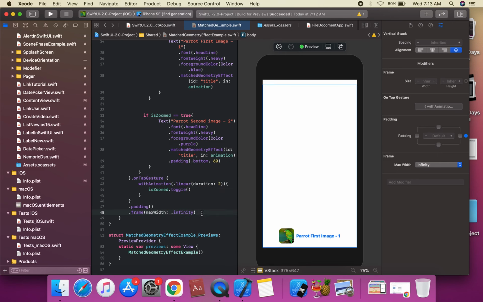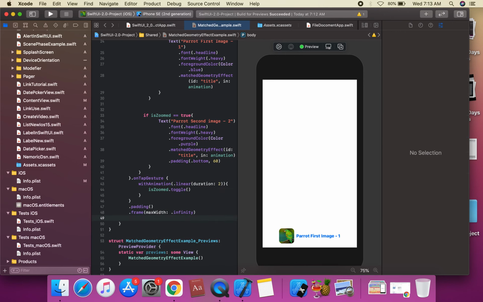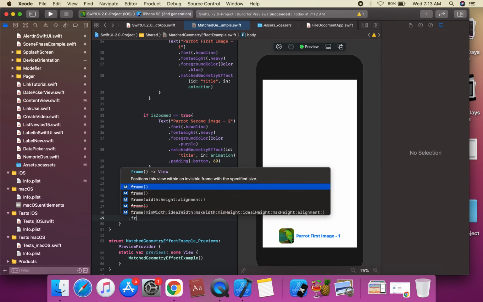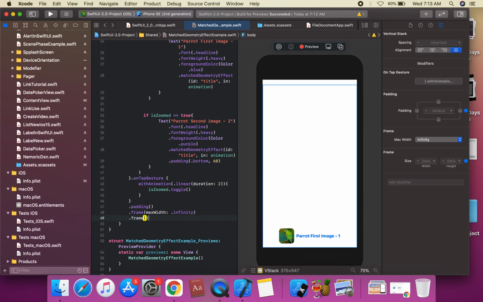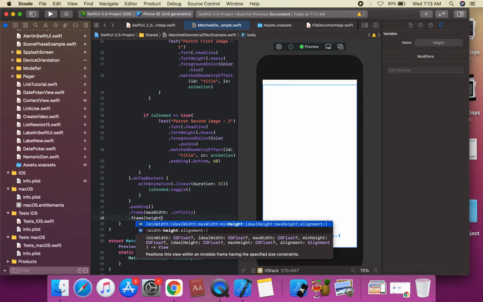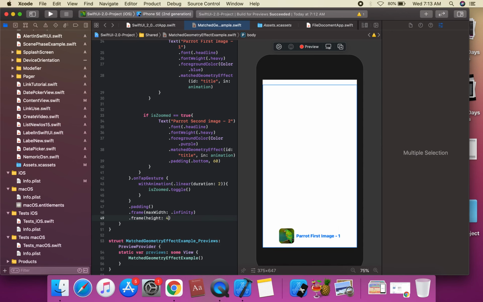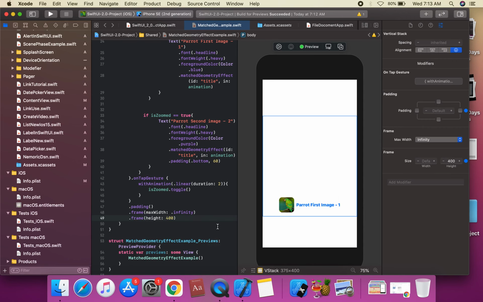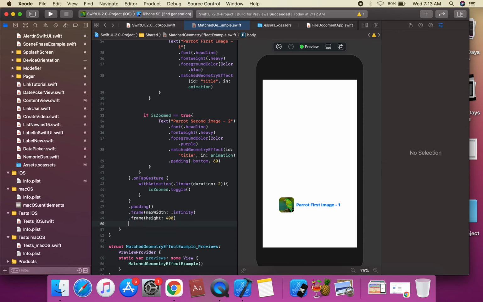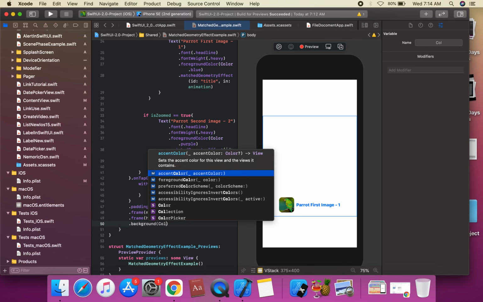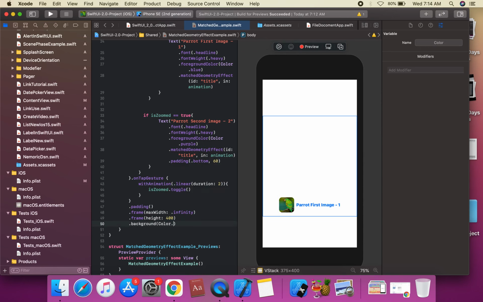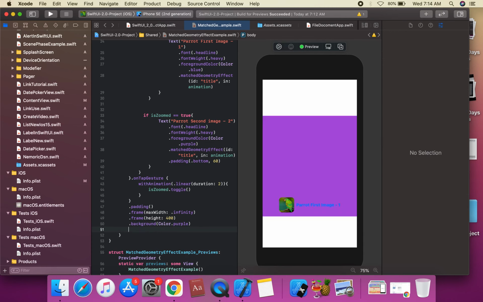Then we apply a frame height, say 40, assign this 40 height. Then we use dot background color, apply the background color, say color dot purple, and assign a purple background.